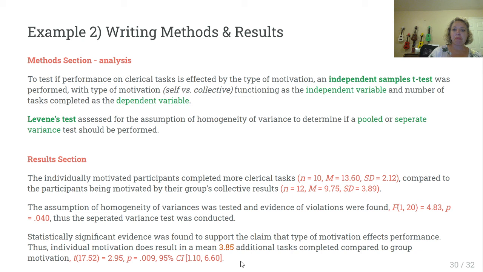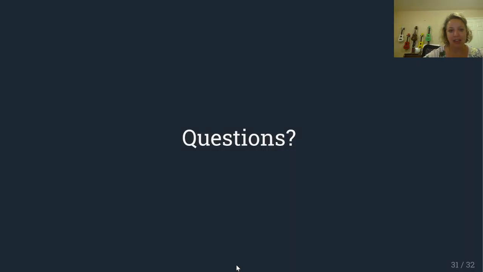And so the first example we did was using the traditional pooled variance t-test, and it had no evidence of a difference. And in this example, we've done a separate variance test because of the violations of homogeneity of variance and imbalanced small sample sizes. And in this case, we saw statistically significant evidence of an effect. Now, I wanted to do both kinds of tests and both kinds of outcomes, but I want to point out that you can get both outcomes, no evidence of a difference, or evidence of a difference. You can get both of those outcomes from both of the types of tests.